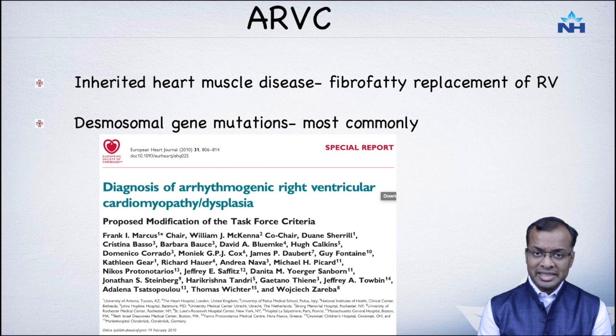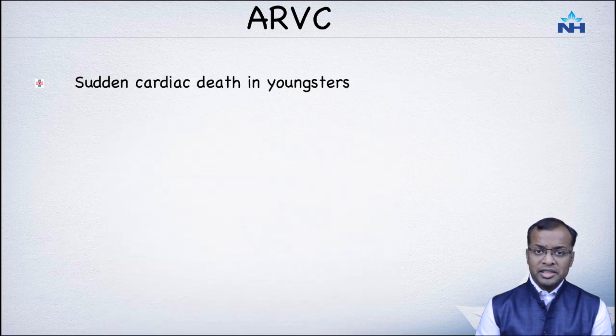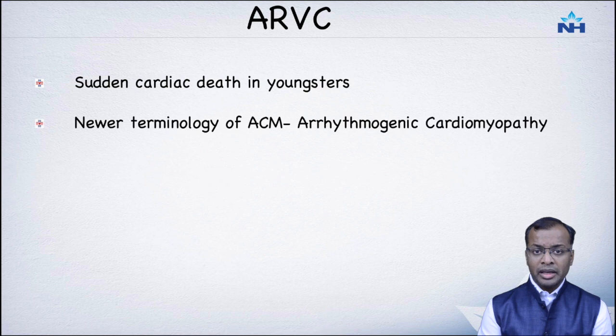The clinical presentation is often in the form of sudden cardiac death, especially in youngsters, it being one of the common causes of sudden cardiac death apart from hypertrophic obstructive cardiomyopathy or anomalous coronary anatomy. But when we look at adults, it may not necessarily present with sudden cardiac death, but arrhythmias or palpitations could be a common presentation.